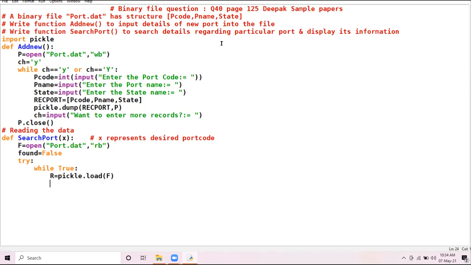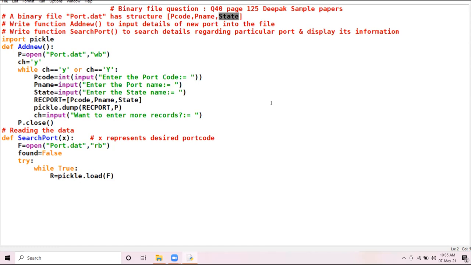Now I told you a list has elements and each element has a particular index. So port code has index 0, port name 1, state 2.